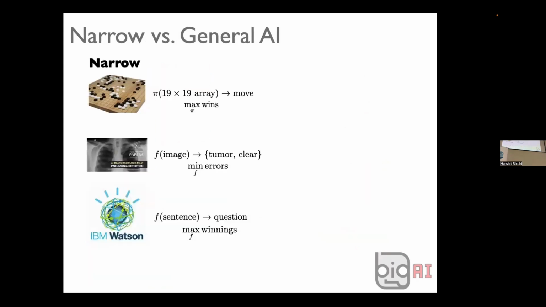So when you go to a reinforcement learning agent that needs to solve one task, what you do is you pre-construct a frame for that agent that contains a description of a state space and a description of an action space. That is possible. Clearly, you might describe a Go-playing agent as having a state space of all boards and an action space of all the moves. And similarly, if you want to diagnose diseases in X-rays, you might say state spaces are images and action spaces are disease or no disease.